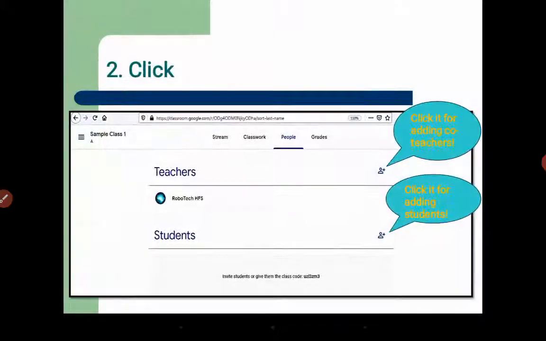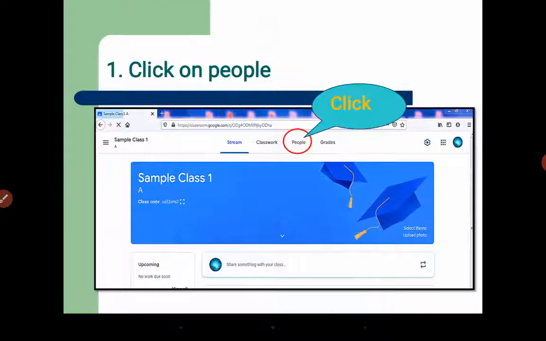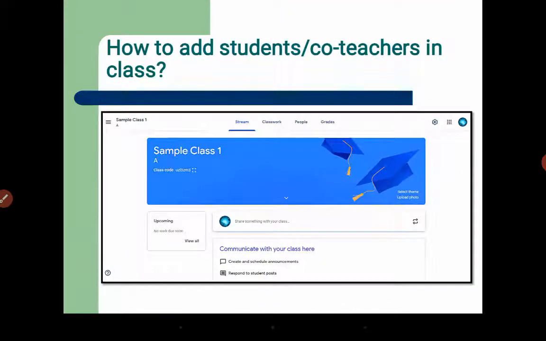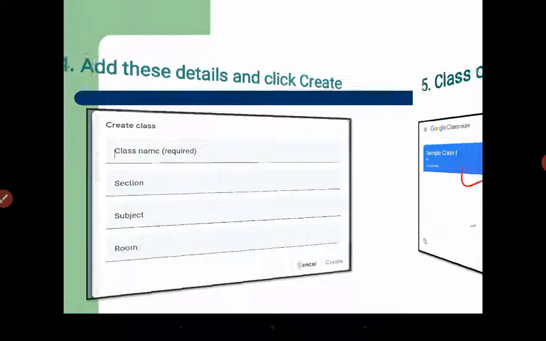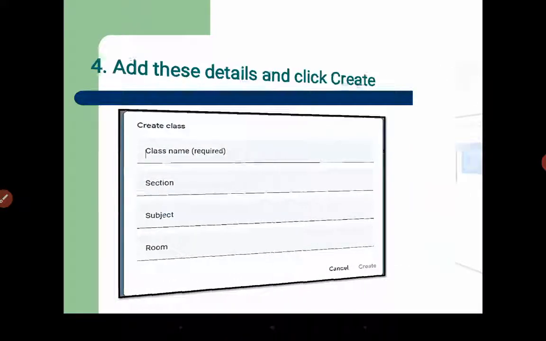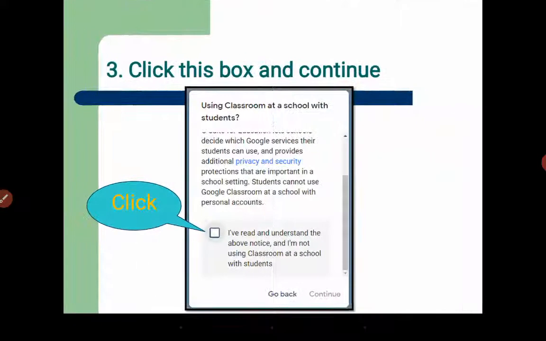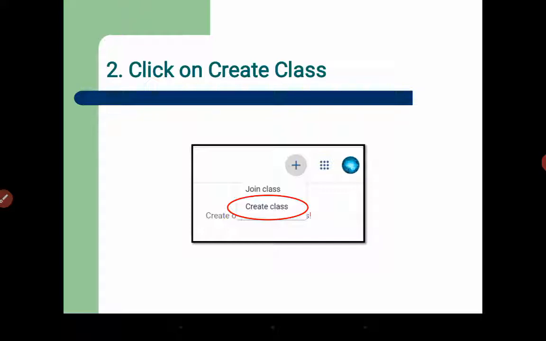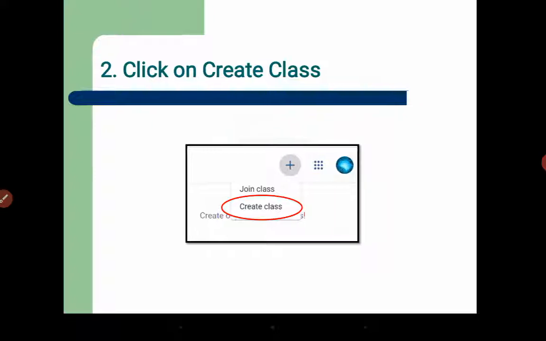Let me tell you where it is. This join class option. When the student comes, the student will click on join class, and then the system will ask the student to enter the Google Classroom code.